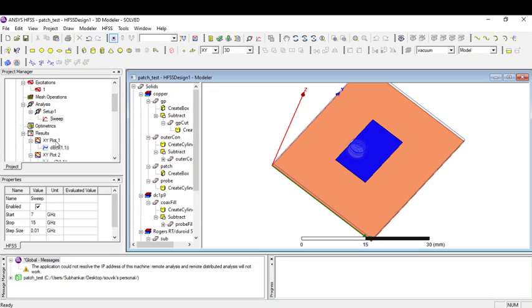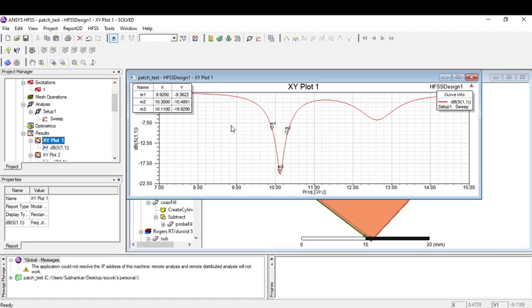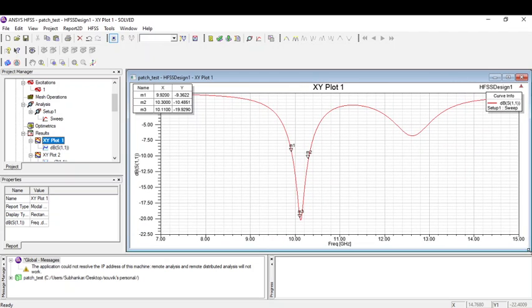For the report, it shows the S11 or reflection coefficient parameter, and it has a resonant frequency at M3, slightly greater than M3, which would be approx 10.5 or 10.2,